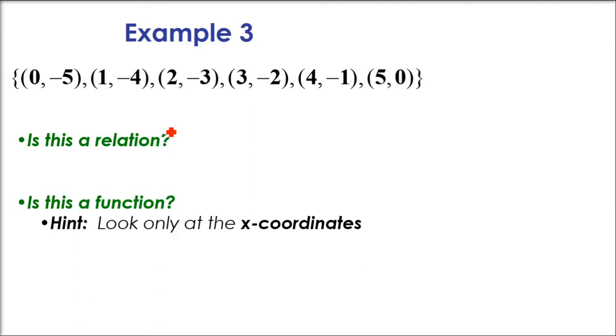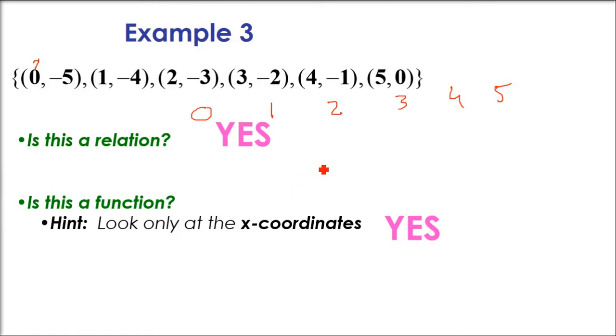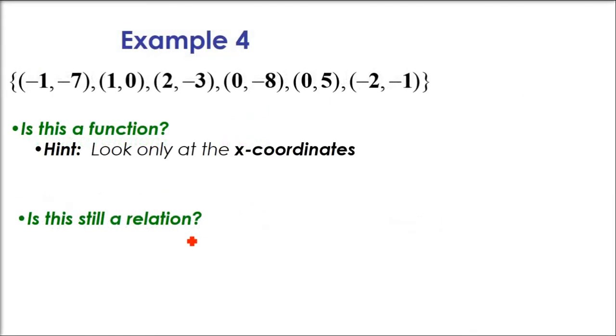See here. Question: is it a relation? See the x value. Don't worry about y. Let me write it here: 0, 1, 2, 3, 4, 5. Here I am writing only the x value. There is no repetition. It is a relation, because we have ordered pairs. But is this a function? As I said, if x is not repeated (0, 1, 2, 3, 4, 5), that means it is a function. If any one of these is repeated, it will not be a function, though it may be a relation.